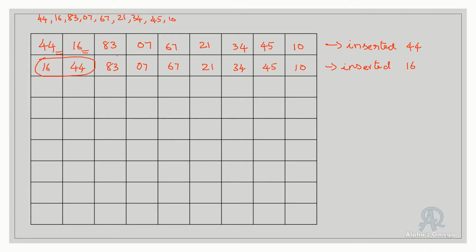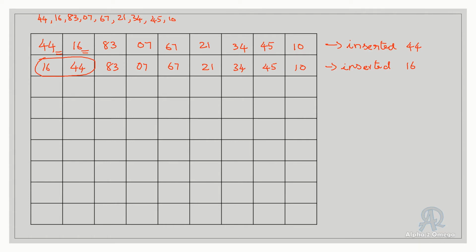Okay, now the next comparison will be with 83. Now so far we were seeing the comparison was with only one value, isn't it? Whereas in insertion sort it is not like that. Now the third value will be taken. It will be compared with these two. If it is smaller than that value, it will push it here. For that only it will compare.